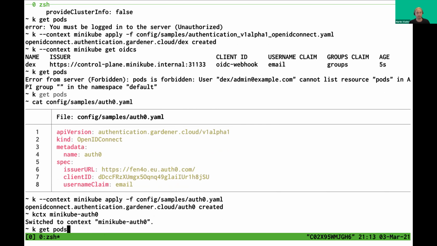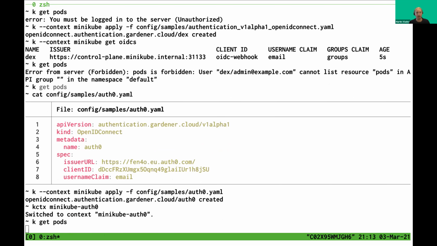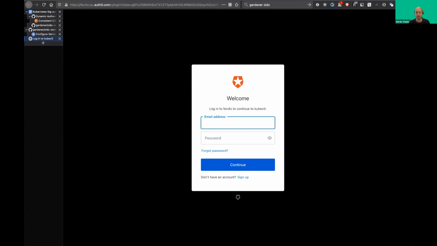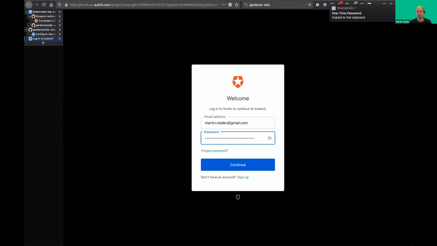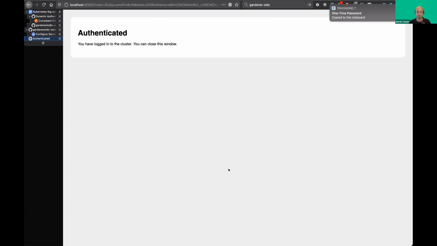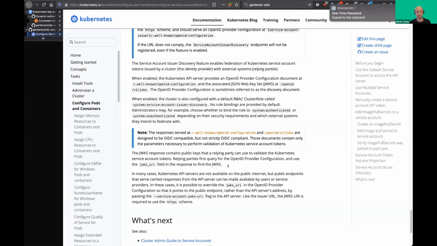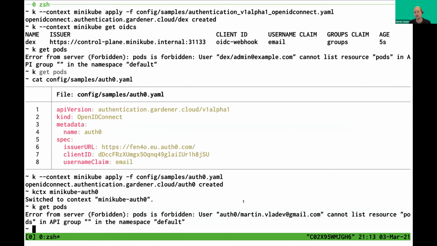now I should be able, after login and etc. Come on. Yep. Okay. I have authenticated, and as you can see right now, my user is also recognized